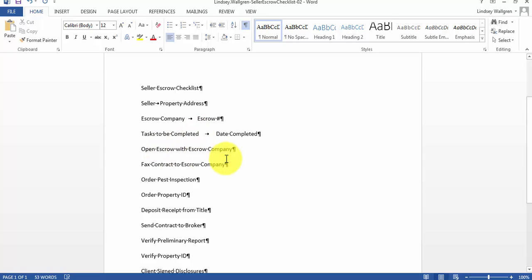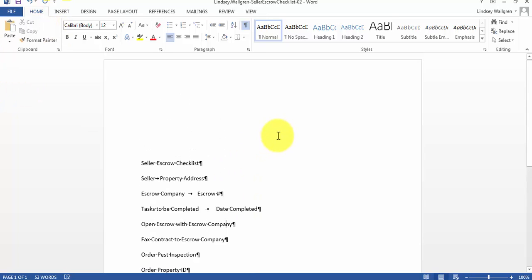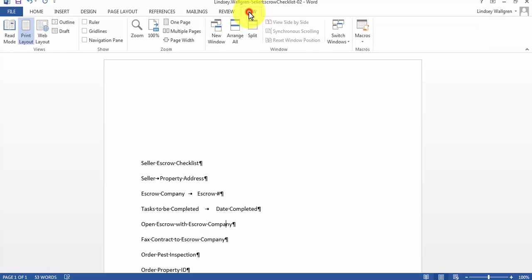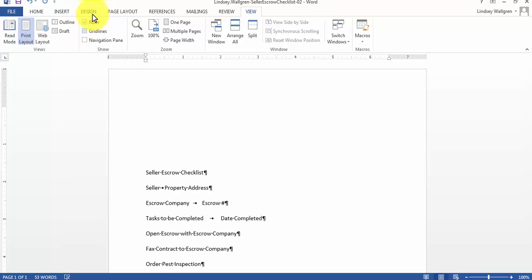So this is step 5. Set tab stops using the ruler. So the ruler will be on our, and we'll show you how to get there. I don't have the ruler showing right now on mine, so I believe it's over here under view. We can click the ruler right up here under show ruler,